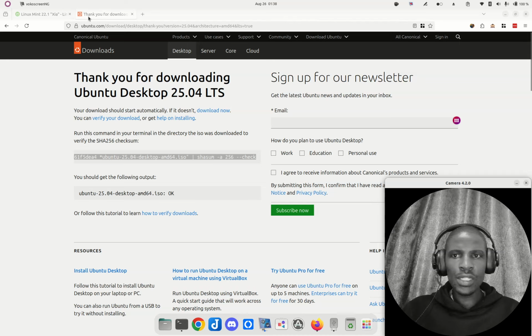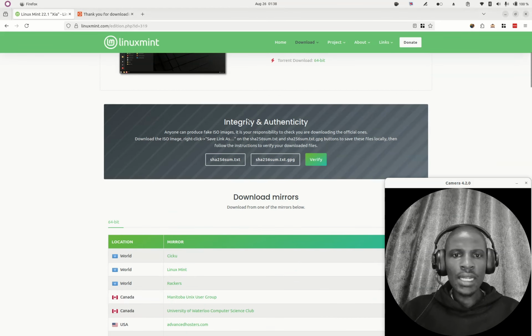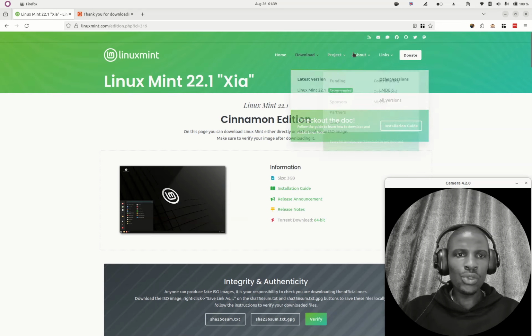Let's go to our browser. The instructions for Linux Mint are a little bit more, still simple, but not as straightforward as Ubuntu. And we'll look at that. So what we'll need to do is go to,